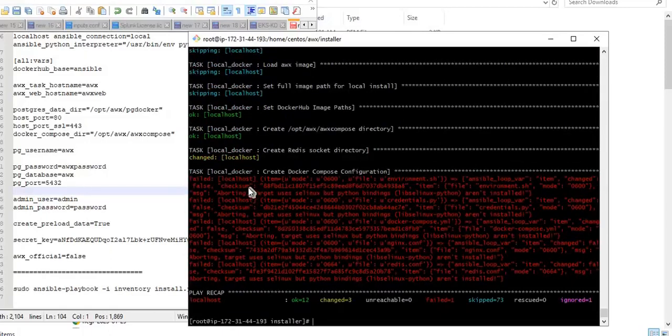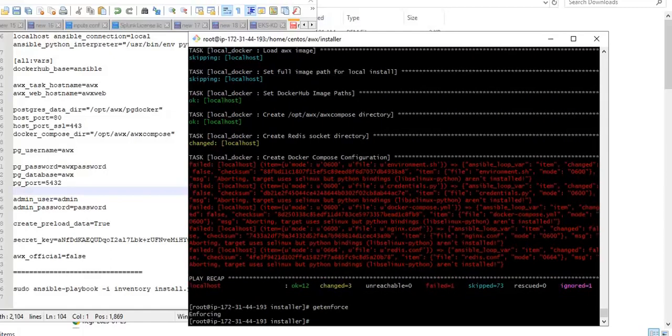Fine, so we have some error, that is very good. And the error we made, you can see it over there, it is saying SELinux. The Python binding target uses SELinux. So SELinux is enabled, and we have to disable it. getenforce is the command to check it. It's enforcing. Then /etc